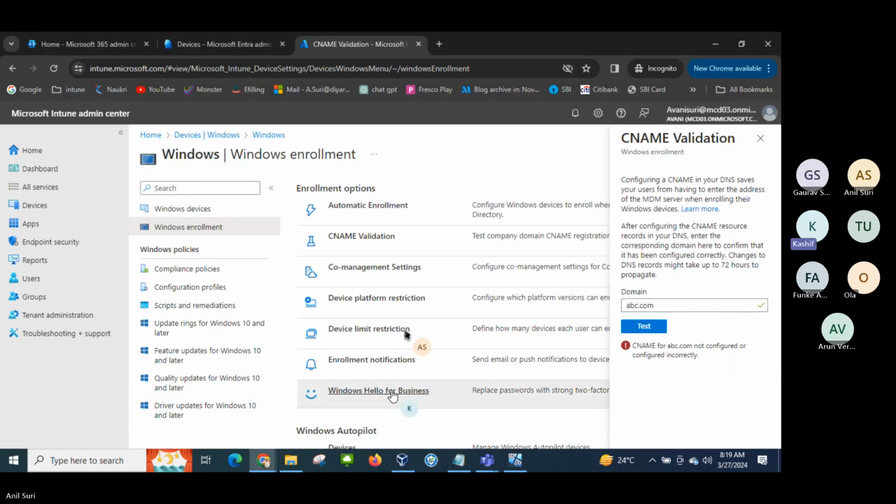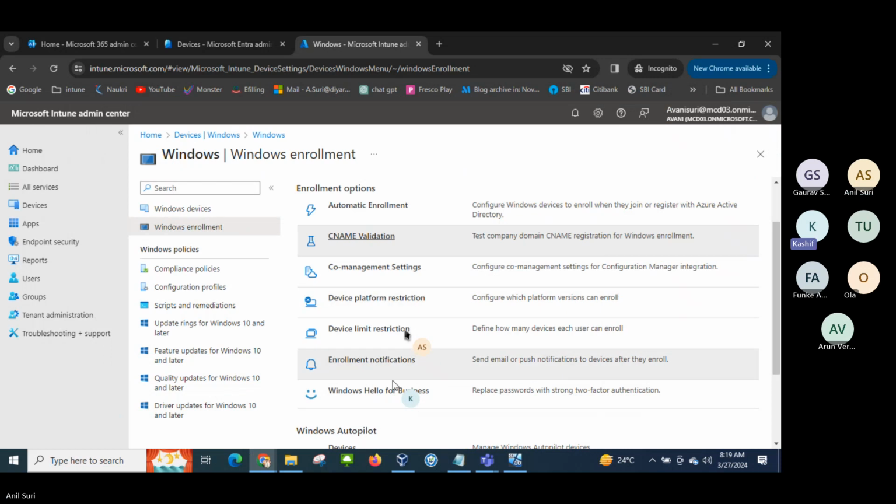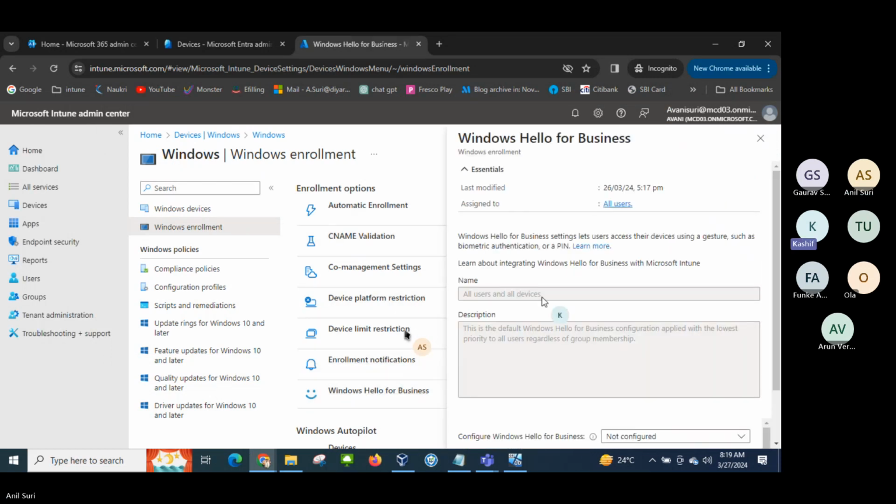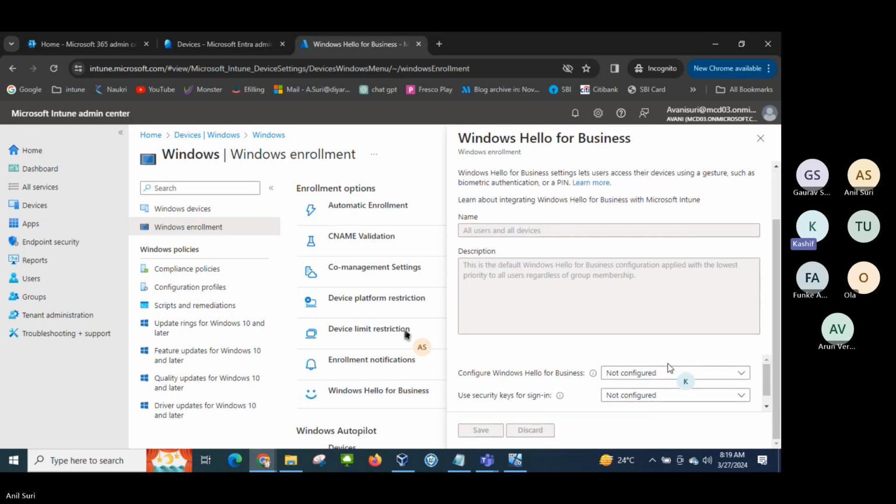Then Windows Hello for Business. Windows Hello for Business is for using multi-factor authentication. Okay. So right now it's not configured. You can configure that, enable. So sign in, TPM required. If you want the machine to have the TPM, you choose required, otherwise preferred is okay. Now sign in PIN, how many digits can the user use to set up his PIN, to log into